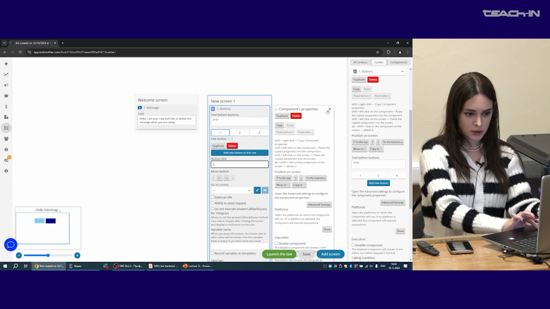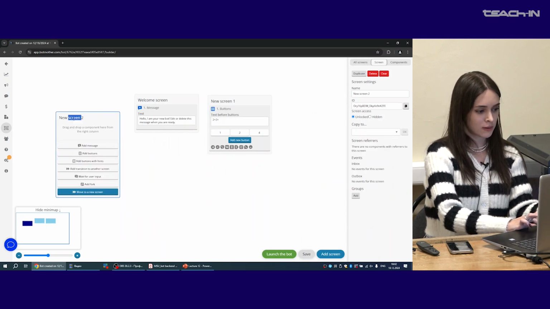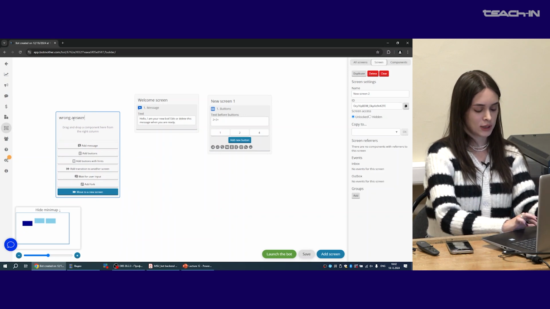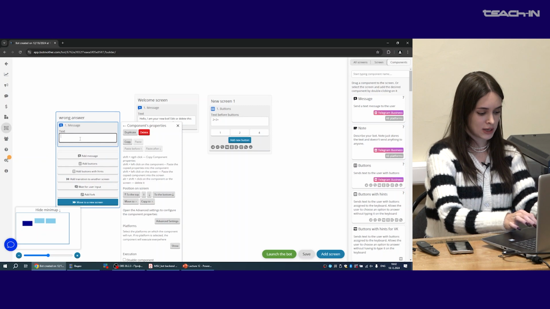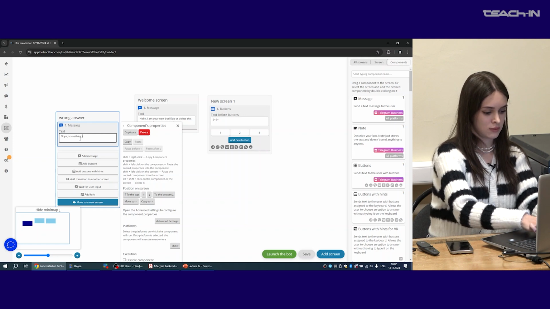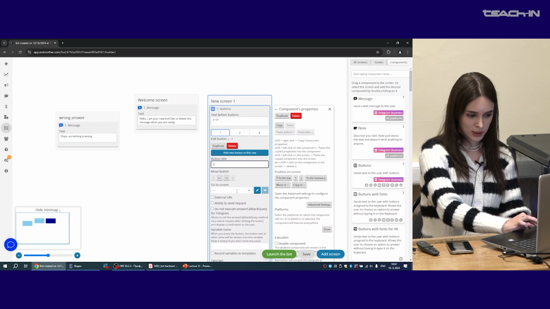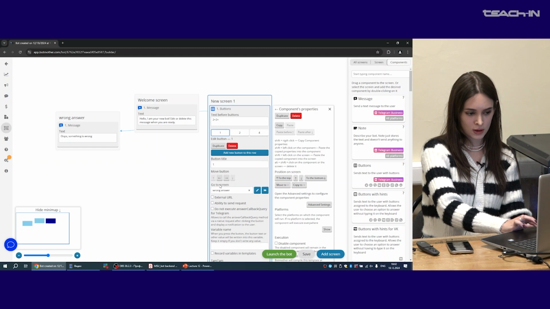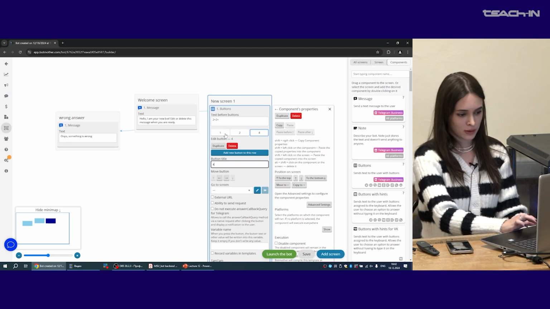If you want your bot to show a user that the answer that they chose is wrong, you have to add another screen. Let's call it wrong answer. And write a message like something. So we know that 1 is the wrong answer. So if a person presses 1, he or she goes to the wrong answer screen. The same with the answer 2. And with 4,